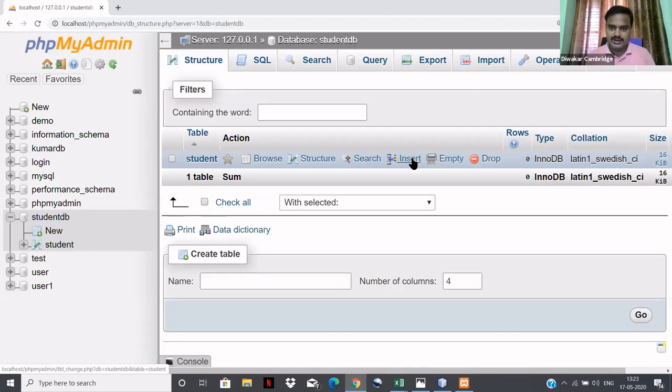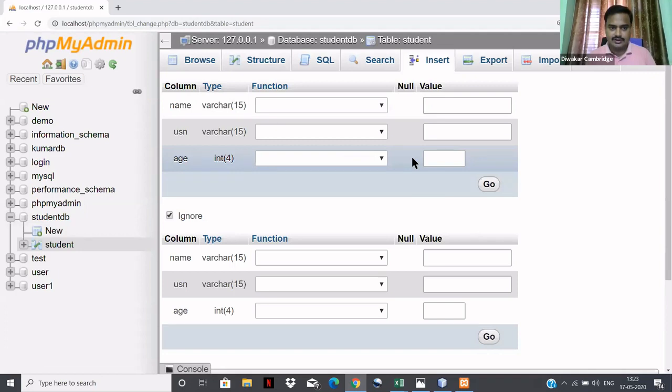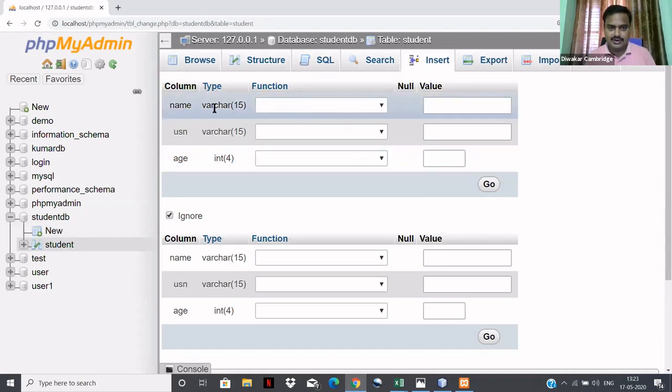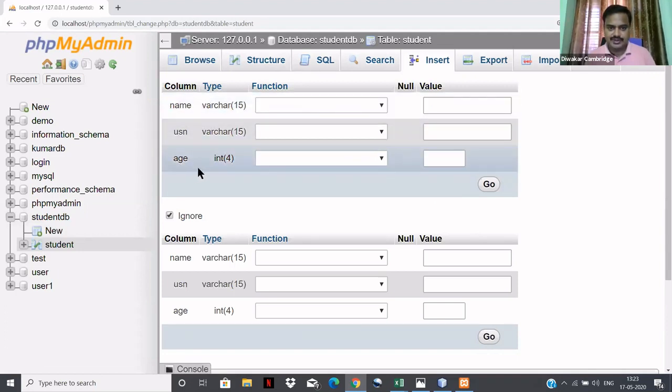Here you have the Insert button, right? You click on this Insert. Here you have name, USN and age.